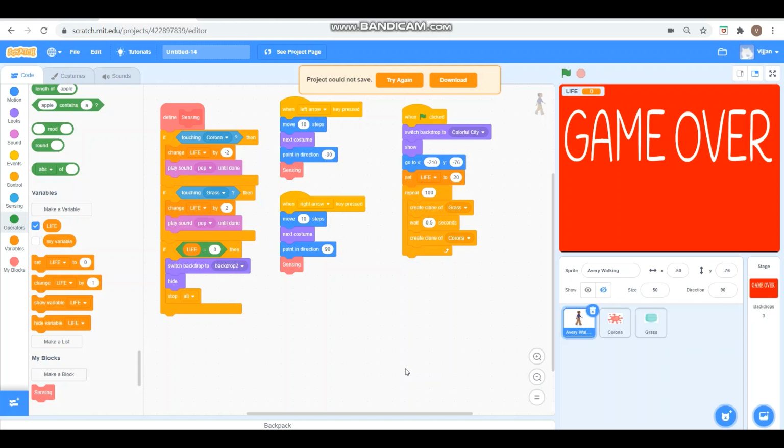And now I have a challenge for you. You can consider this as a homework or something. Now if you see that in our program, whenever we press right arrow key and left arrow key only, the sensing is happening, right? So if we don't press the right arrow key or left arrow key, if the man is just standing there and the corona or mask has fallen over him, the life will not be changed. So now I want you all to try this to make it work.